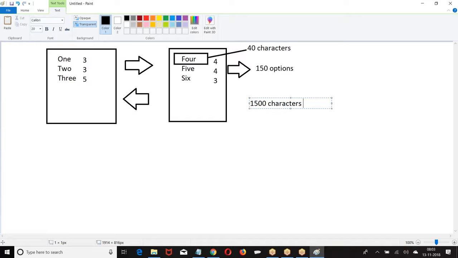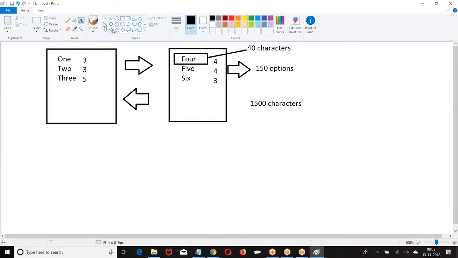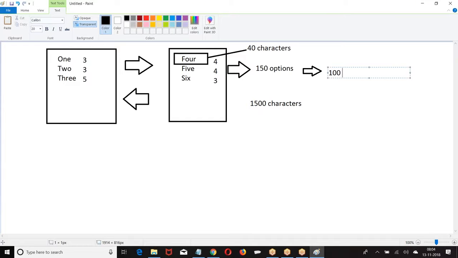Now out of 150 options, how many options we can select? Out of 150, we can select 100 options. So multi-select means we can select more than one option at a time.